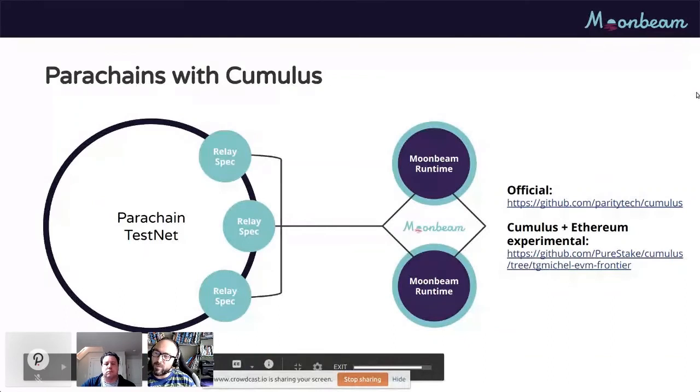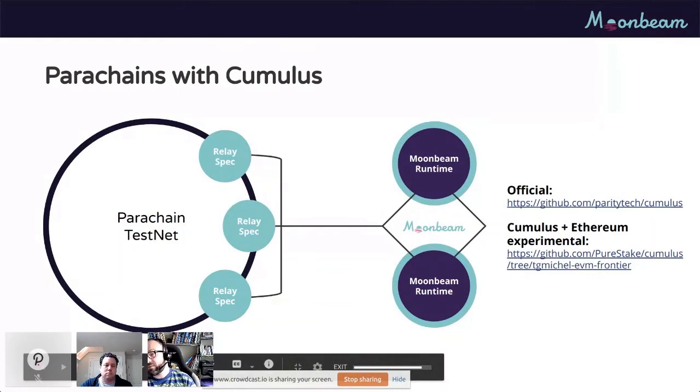If you follow the steps I wrote in the README, you will be able to set up this relay chain, which I think is based on a Westend spec. You will be able to build a Parachain that has this whole landscape of Ethereum tools, and you will be able to replicate the demo that Derek showcased earlier in the Parachain context.